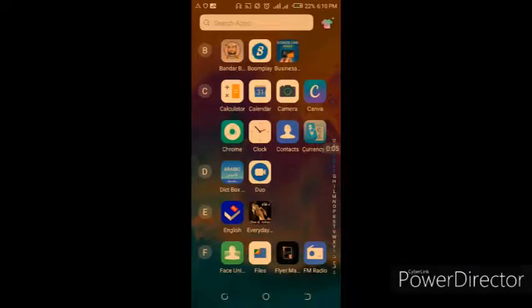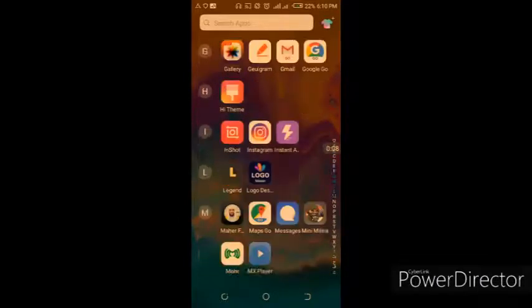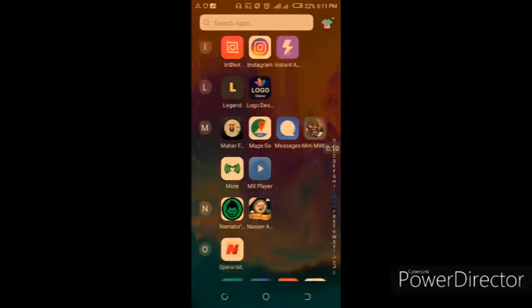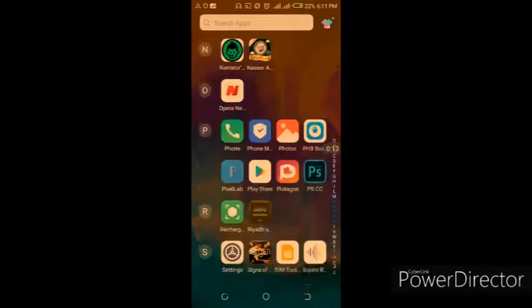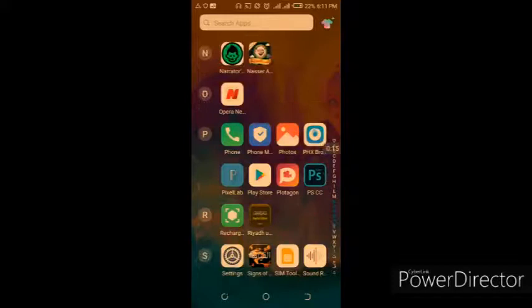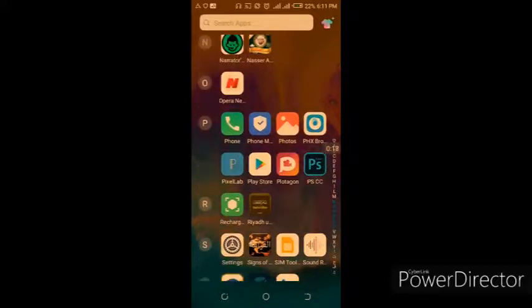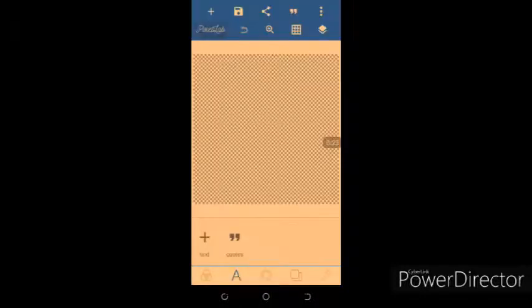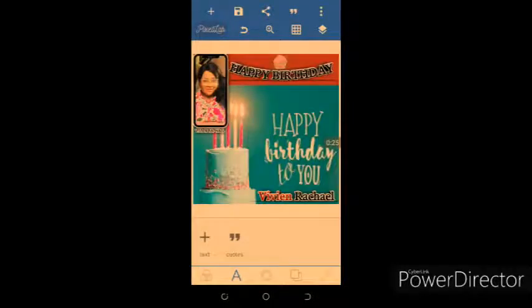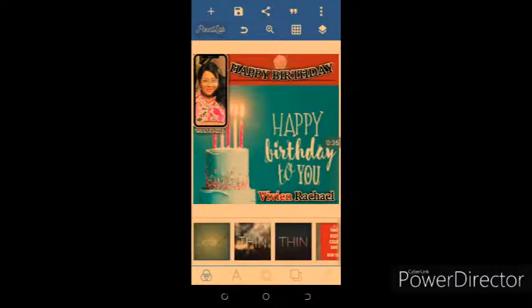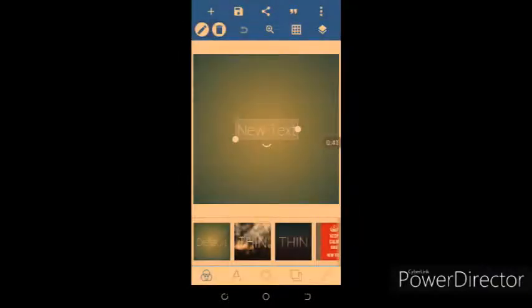So today we're gonna be learning how to design a logo, how to make designs in the Pixel Lab. You have to download it from the Play Store if you don't have it. So we're gonna be clicking on it. Now here is an outlay of the logo of the application. So we'll be creating a new one. Let's click on default. And okay, now to get started,